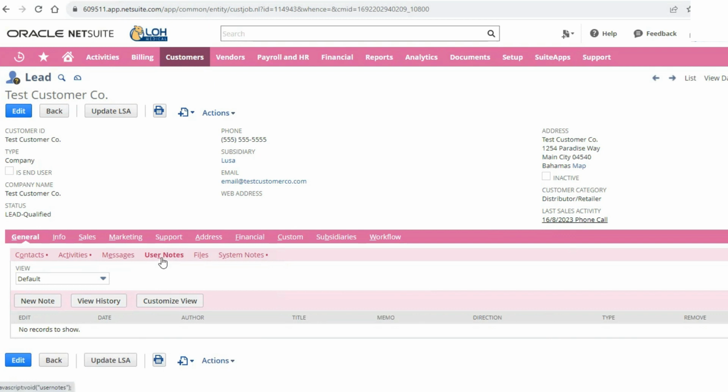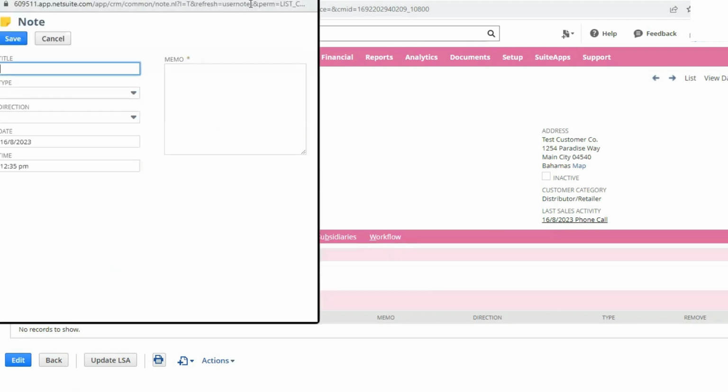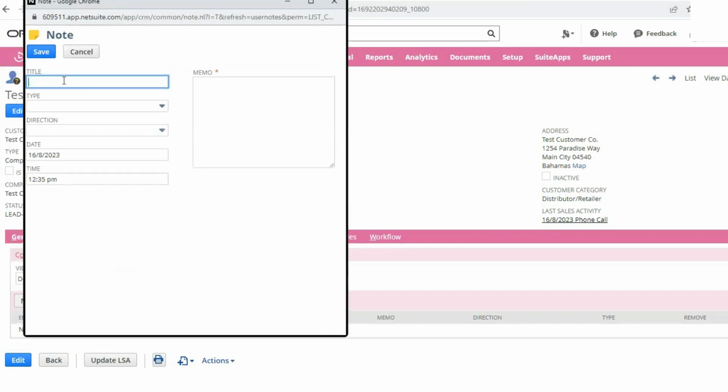You can also add a user note if you have something other than a phone call or event. So the financial department will often use user notes to relay information regarding credit terms or credit information. So, credit limit approved.